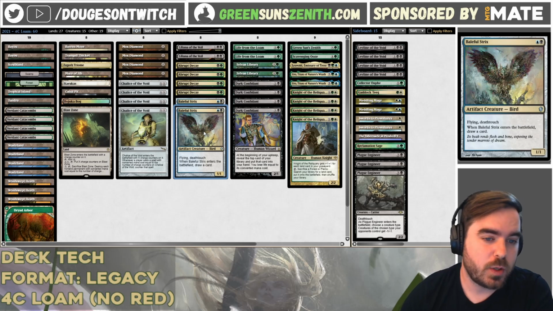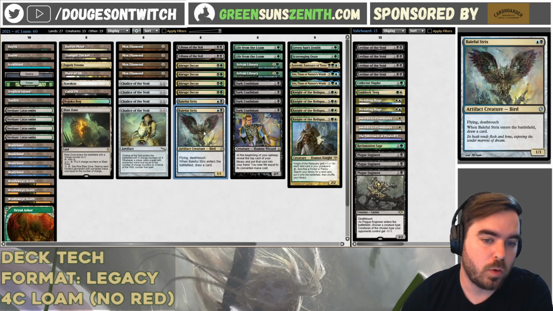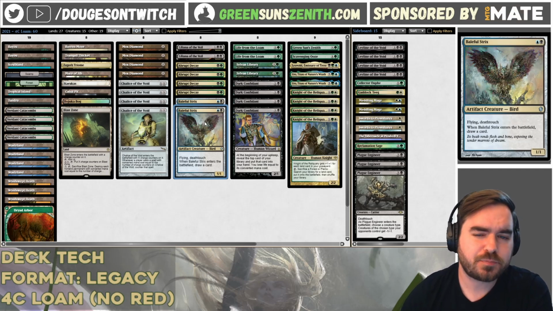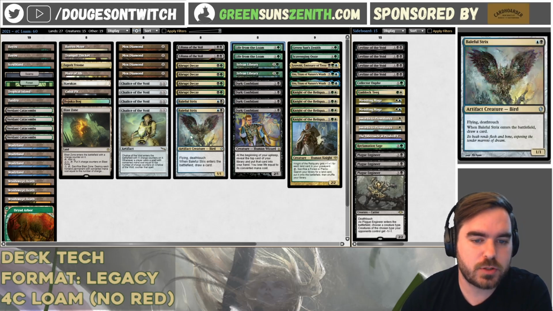Baleful Strix is interesting as well. I think the reason for this is just being a bit of a wall. You know, if your opponent attacks with like a Gurmag Angler, or maybe has to use like a Plague Engineer to get rid of it, you're pretty happy because it's already replaced itself with a draw. I'm sure there's lines where you can actually use the draw to get a Loam back, which is interesting, but